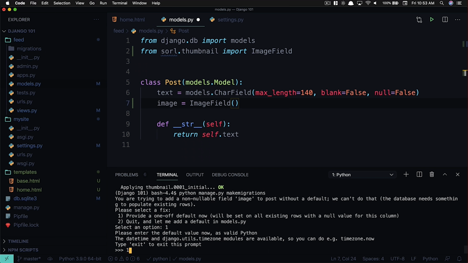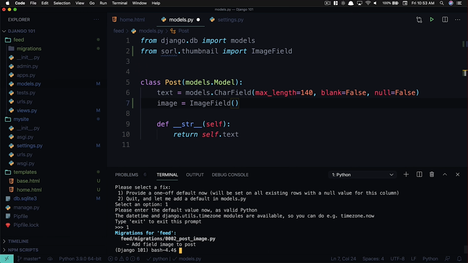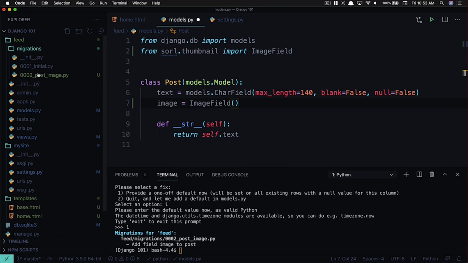And I'm just going to type 1. And maybe this breaks, maybe this doesn't. If it breaks, I'll show you how to fix it. And I'm just going to type the number 1 in here. So it created a new migration file called 0002